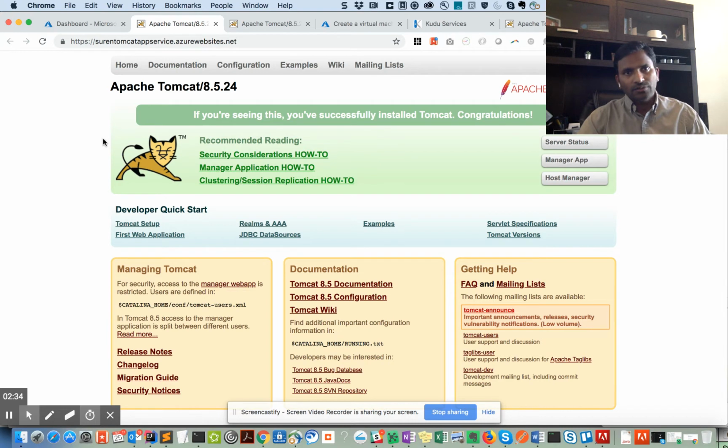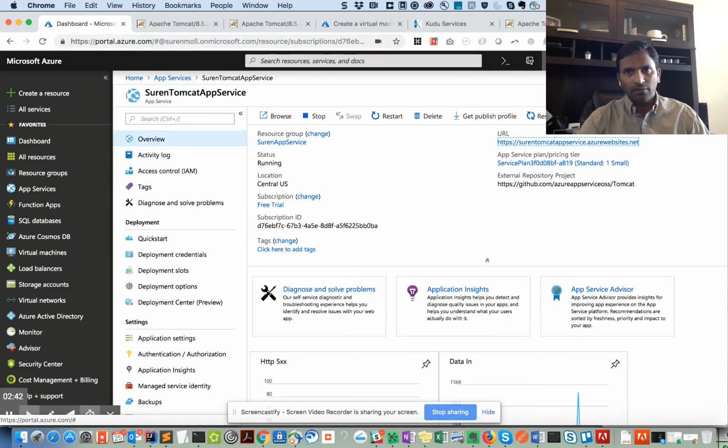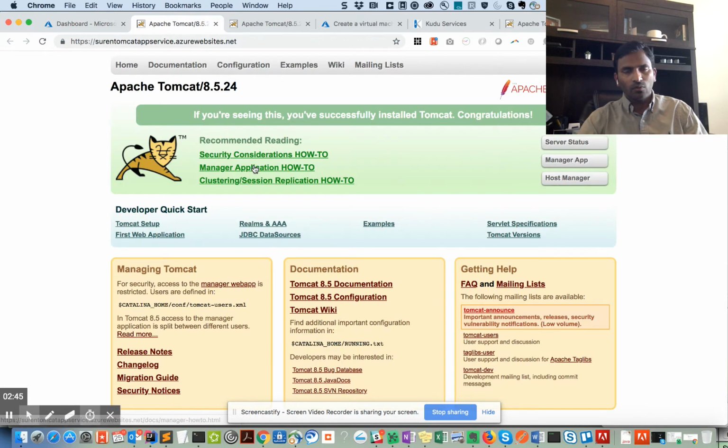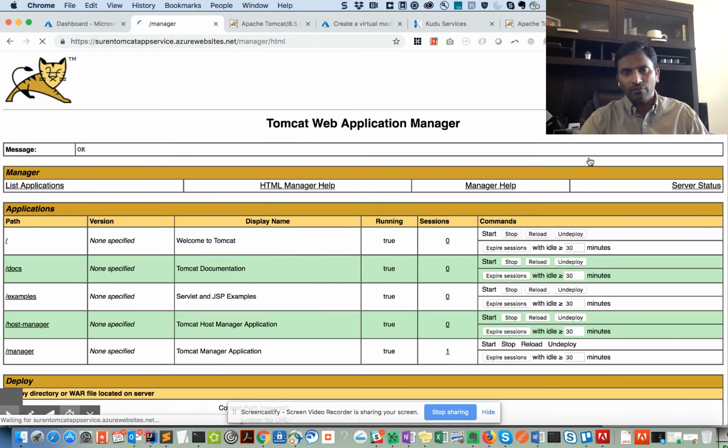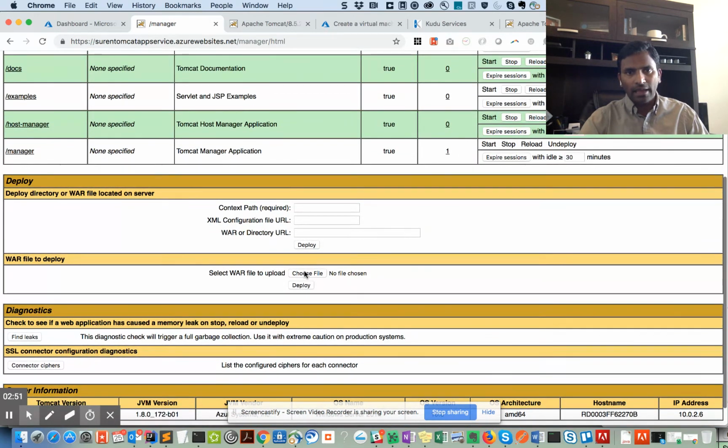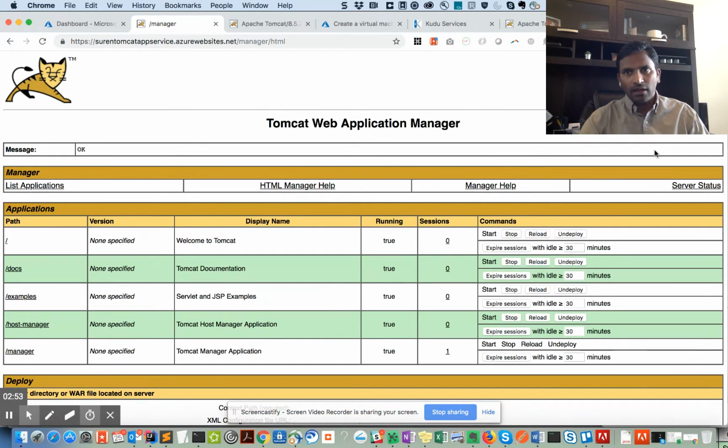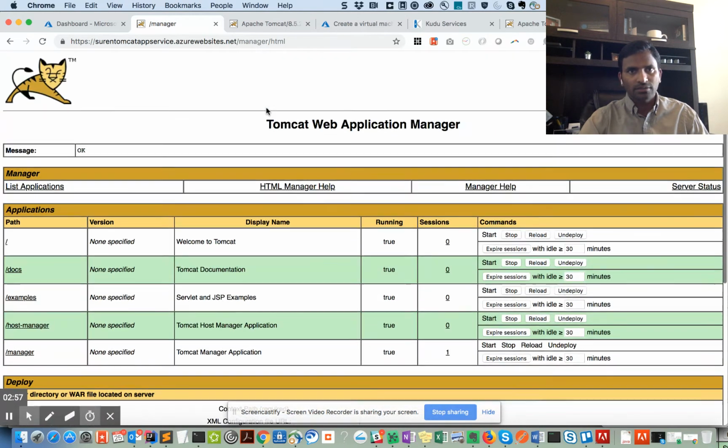The only catch with Tomcat is that to deploy this application, of course, there are several options. You can go and log into the console from the command line, but let's do it from the UI. You need to log into this manager app. When we log into a manager app, we can deploy an application. But I'm able to log in because I have the login credentials, but generally this does not come